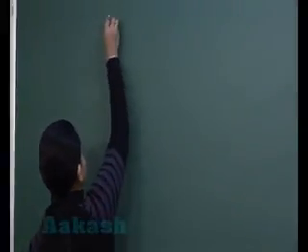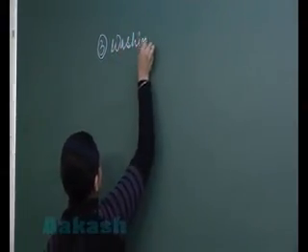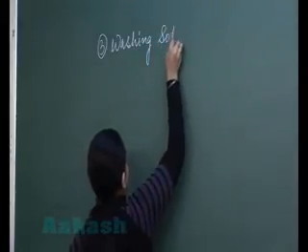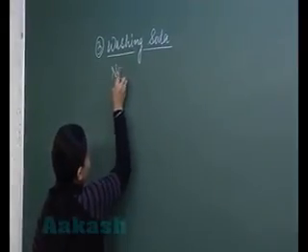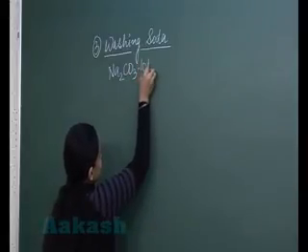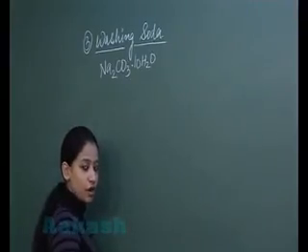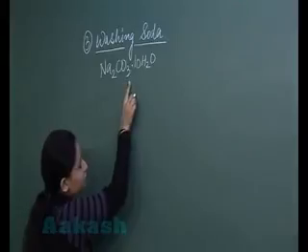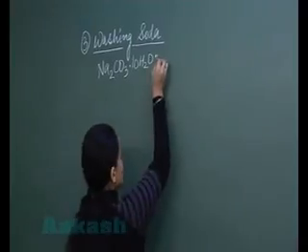Now students, let us study about the third salt, which is washing soda. Students, washing soda is having formula Na2CO3.10 water molecules. So students, the chemical formula of washing soda is Na2CO3 dot 10 water molecules, and the chemical name of washing soda is sodium carbonate